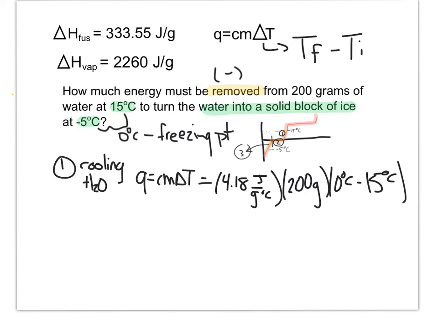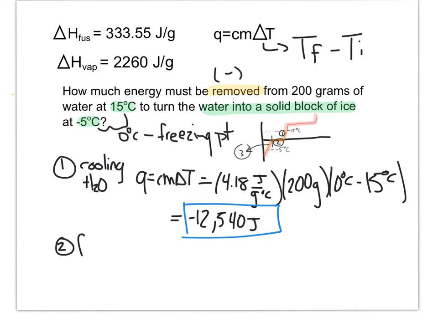We are going to do 4.18 times 200, times negative 15. And what you end up with is negative 12,540 joules. So that's part number 1. That is the amount of energy it takes to do this first little segment on the graph, the first slopey bit. Then we are going to do segment number 2,